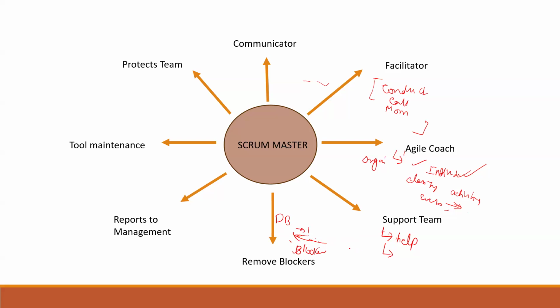So removing blockers is what helps the team out. The developers at that time will be doing their own work, and the testers will be doing their own work, but you will be working with the other resources, the DB resources, to get the issue resolved. That's a very good thing. And he's the one who reports to the management on the status of the work, how it is going. He's going to pull up the charts and show the progress of the project, the timelines, whether they are meeting them or not.